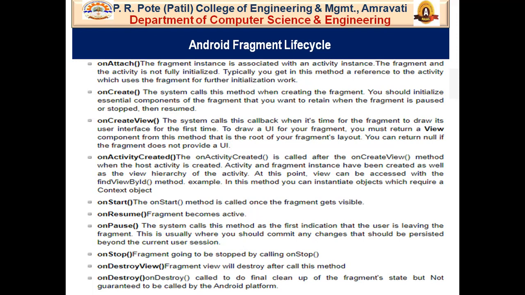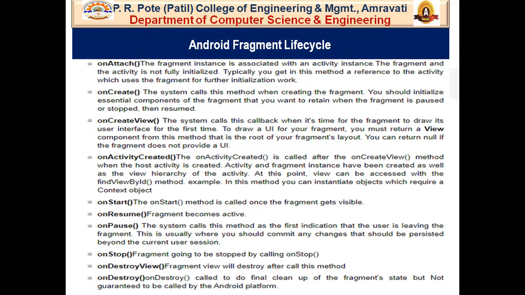The onStart method is called once the fragment becomes visible. It means the fragment is visible whenever we call the onStart method. Then in the onResume method, the fragment becomes active. Then the onPause method says the user is about to leave the fragment.